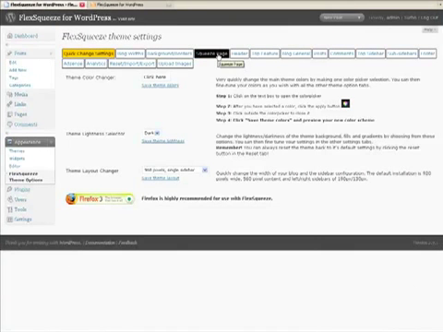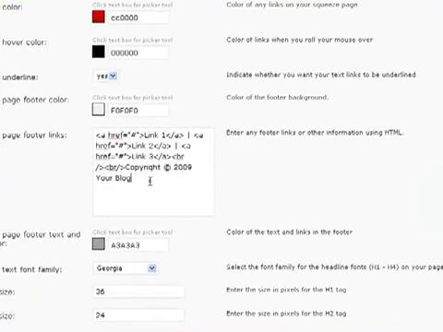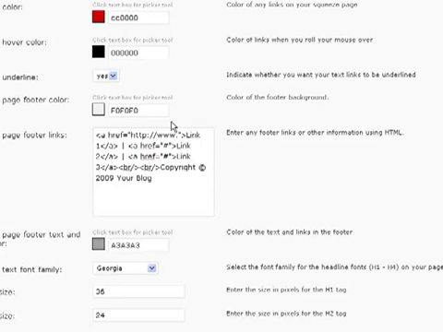Now what we want to do is jump back into our squeeze page, and we're going to go under the squeeze page tab in the options, and we're going to add the links at the bottom of our squeeze page that will link to the other pages in our site. So the code is already here with some dummy links, and all we need to do is type in the address